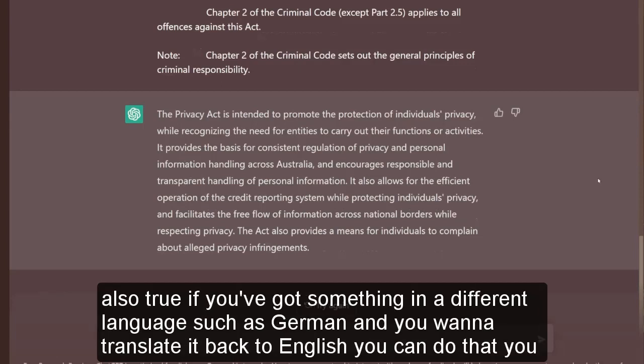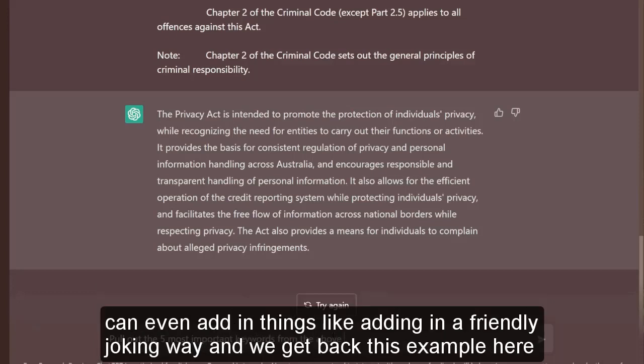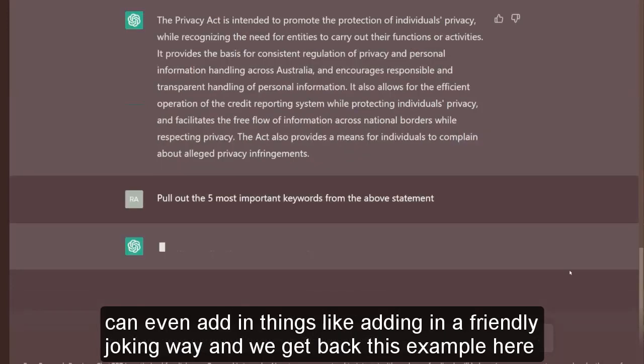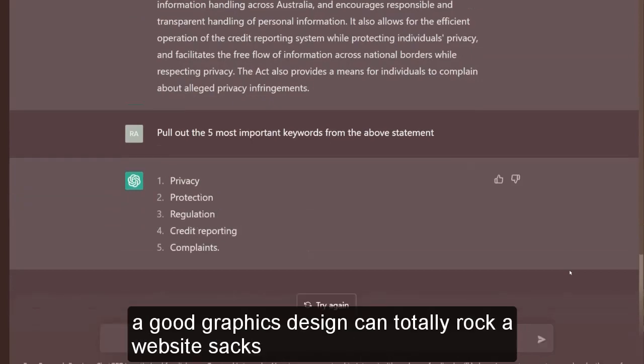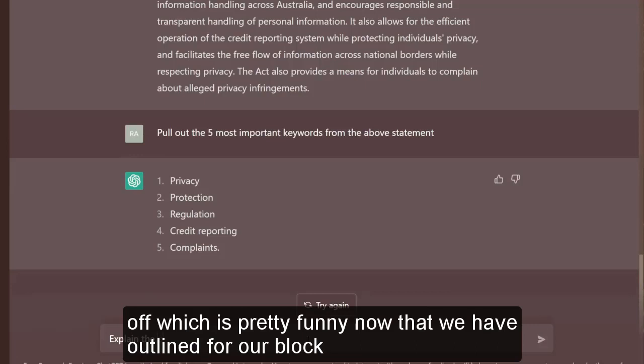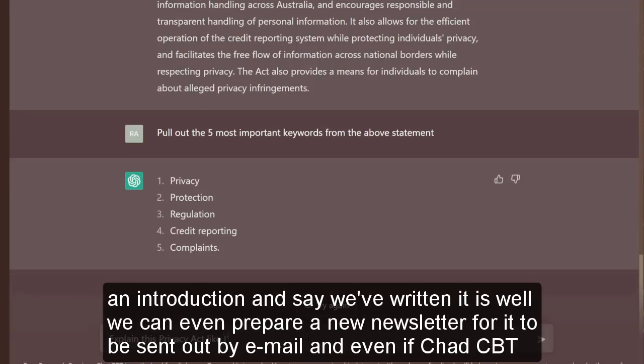The reverse is also true. If you've got something in a different language such as German and you want to translate it back to English, you can do that. You can even add in things like adding it in a friendly, joking way, and we get back this example here. A good graphics design can totally rock a website's socks off, which is pretty funny. Now that we have an outline for our blog, an introduction, and say we've written it as well,